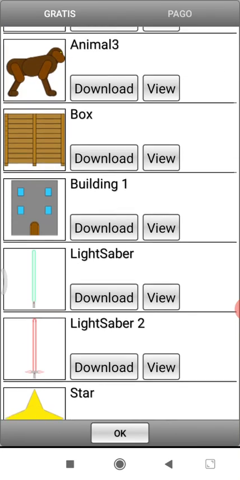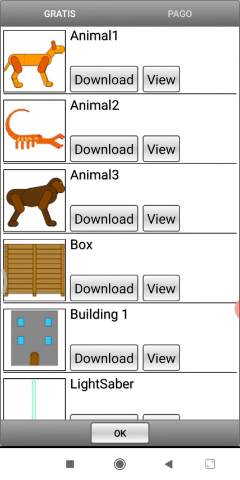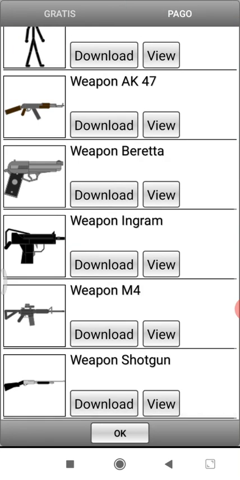If you want this figure in your application, I mean in your canvas, you can download it. It will come to your Pivot Created. Okay? Now it is downloaded. Animal1 is downloaded. It will be shown in Pivot Created. So you can see a number of figures.